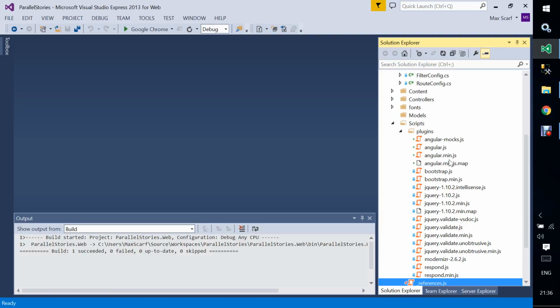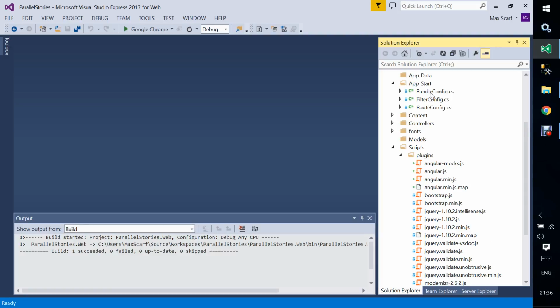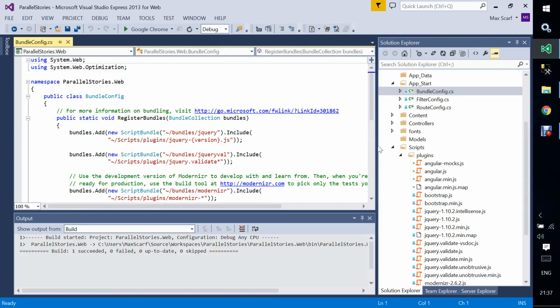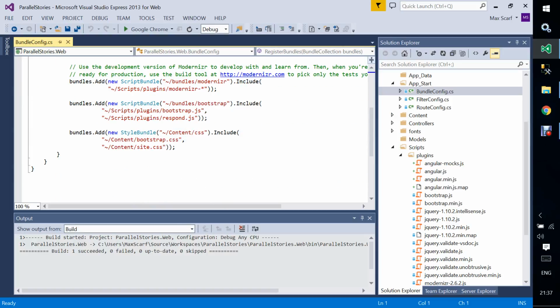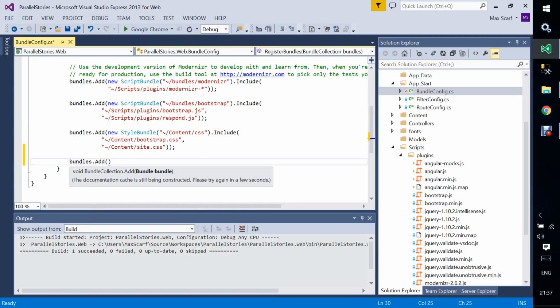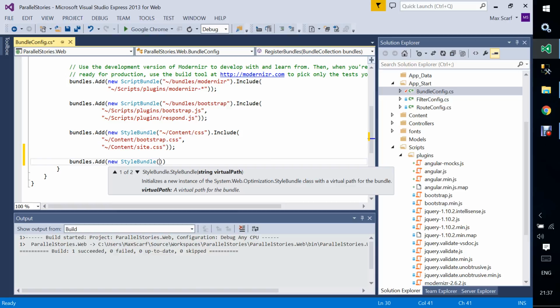So now we've got these, we need to actually load them into the web page. So that's what this bundle config is kind of for. It's one half of the puzzle. So in here you can create what are called bundles. So you can do like bundles.add new style bundle, and then we want, oh come on,